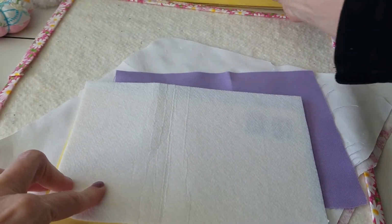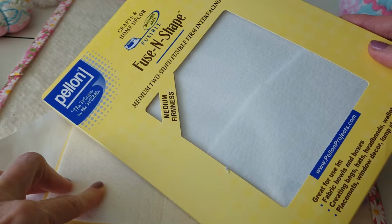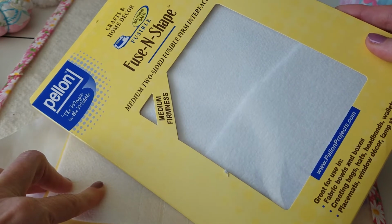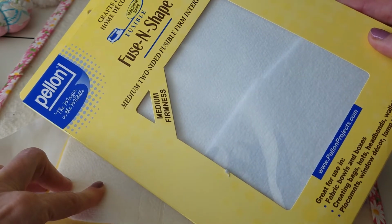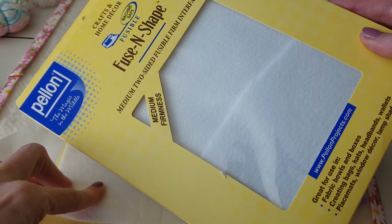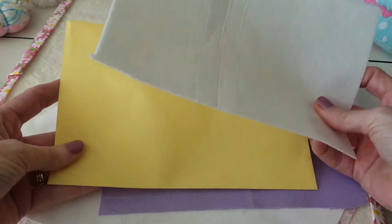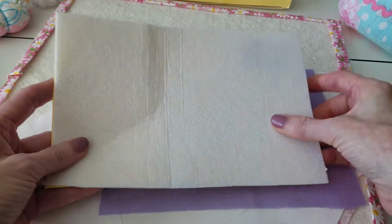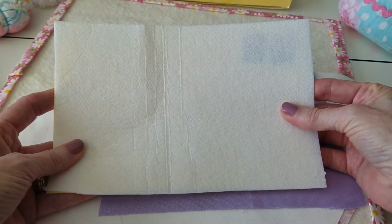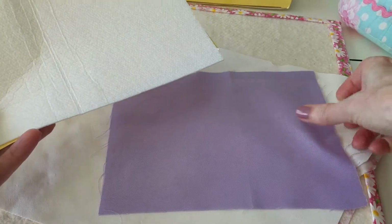And then you need to cut one piece of interfacing. Let me show you the box. It's on this side. This is actually medium two-sided fusible interfacing, but I'm sure you could use the light or the heavy. And on the interfacing, you just need to cut it the size of the envelope. All right, so I'm going to set this aside and this aside for right now,